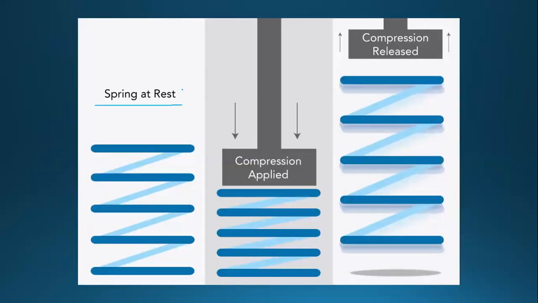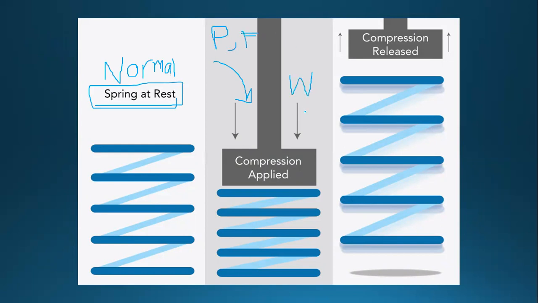जैसे कि this was a normal spring at rest. ये आपके पास अभी इस वक्त spring जो है वो एक normal position के अंदर rest कर रहा है. But when you have applied pressure, या अगर मैं कहूँ कि it's not a pressure, it's just a normal force that you have applied, या कोई weight आपने apply किया of 50 Newton, क्या हुआ है? Compression was applied. मतलब you have squashed the spring in the downward direction, and when you release it, वो spring